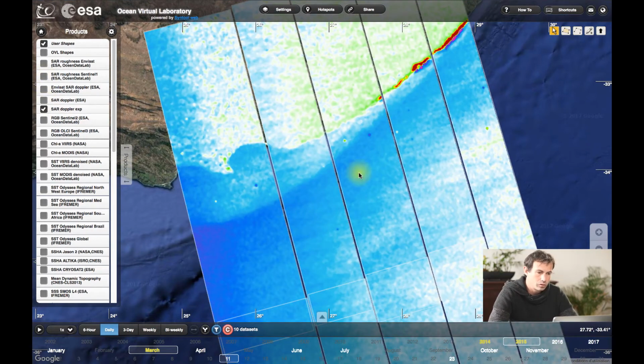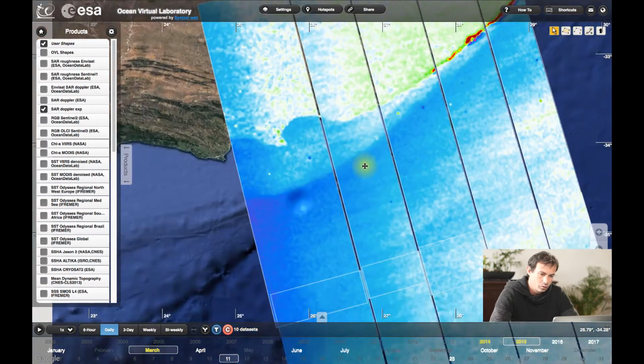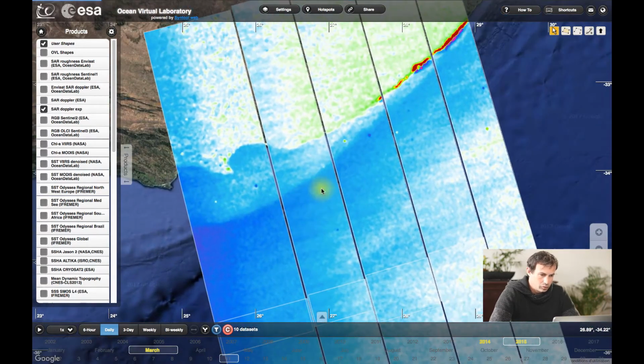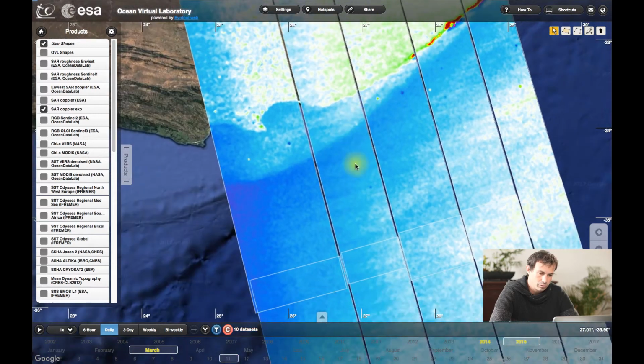And so we also see that at the boundary of the current, there is a sharp change of the velocity towards the radar. So this Doppler shift is not yet calibrated, but already we see the relative motion related to the surface current.